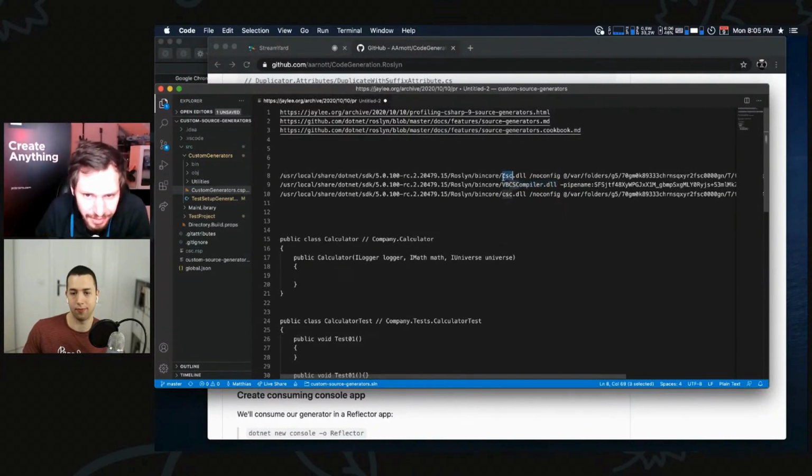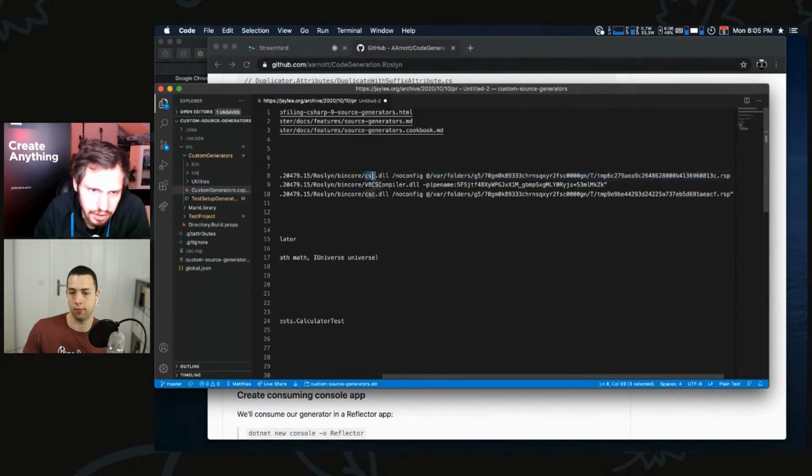So first time I had to attach to the C# compiler, then to this one, then to the C# compiler again, etc. That's interesting. But it turns out that this is enough. And also quite interesting is you see the compiler is started not with this huge